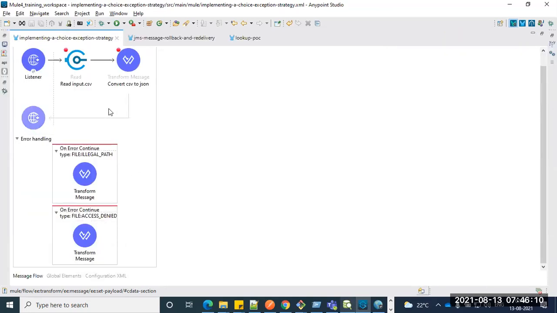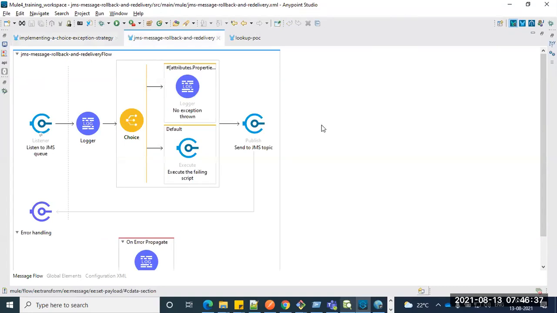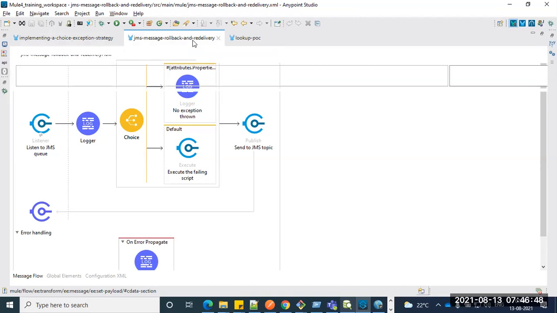So is it clear, right? Are we good with the try block and on-error-continue difference? So two things we verified, guys. The component level we verified, and the next one is the flow level we verified. There is a global level, we'll see that one. Okay. So before going to that, I'm trying to introduce another part of the error handling itself. I'm trying to introduce the queuing mechanism, guys, the asynchronous process. Okay. So let's try to work on this one.